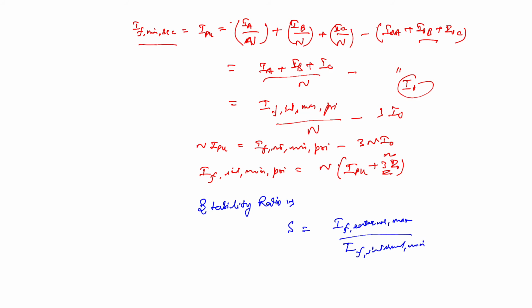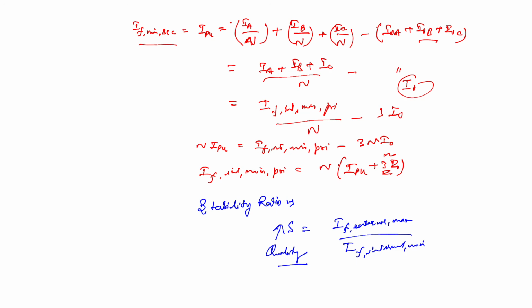So you can say that it is the stability ratio, denoted by As. It is the ratio of the maximum external fault current for which the scheme remains stable to the minimum internal fault current for which it operates. It is actually a dimensionless quantity. The higher the value of stability ratio, the better is the quality of the differential protection. Stability ratios of a few tens are common in extra high voltage busbar differential protection.